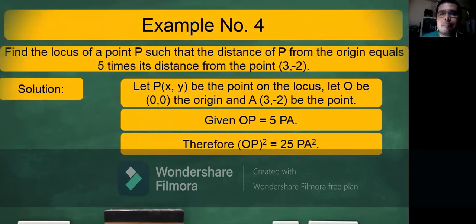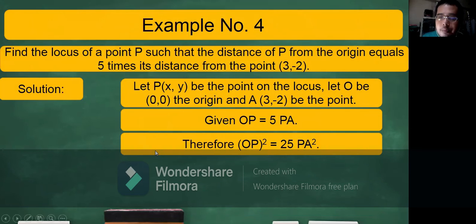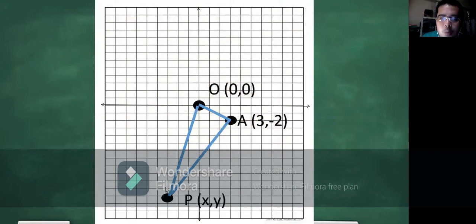Therefore, you're using the distance formula for each point. So where is OP? OP, using the distance formula, is x minus 0 squared plus y minus 0 squared,